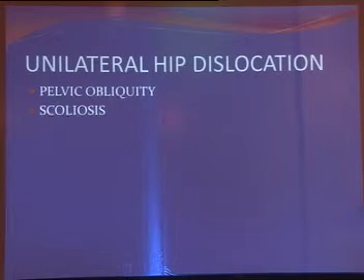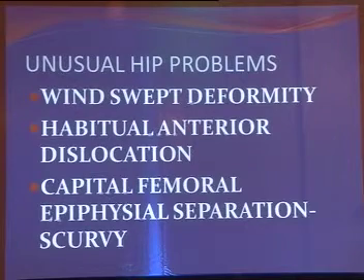It has been studied that unilateral hip dislocation sometimes leads to complications such as pelvic obliquity and scoliosis. Some unusual hip problems are also found, such as windswept deformity, where one side is adducted and the other side abducted, depending on which muscles are contracted. Habitual anterior dislocation and capital femoral epiphyseal separation have also been reported in cerebral palsy hip joints. Mostly these children are malnourished and suffer from scurvy and rickets, which leads to capital femoral epiphyseal separation. This should not be confused with